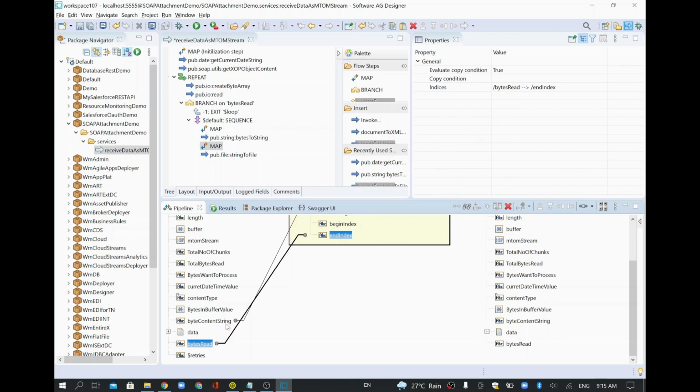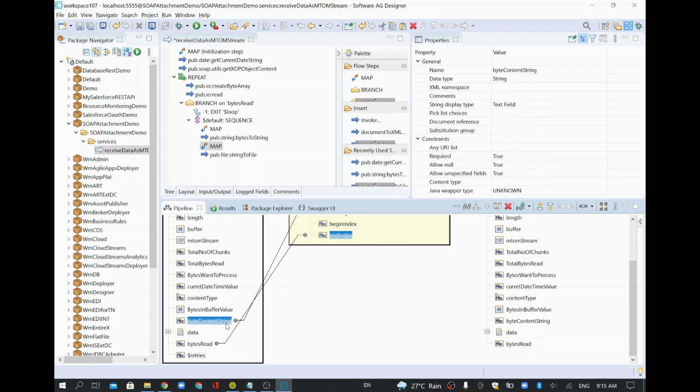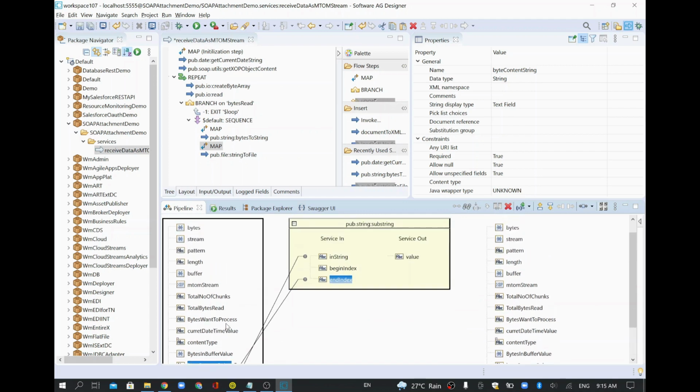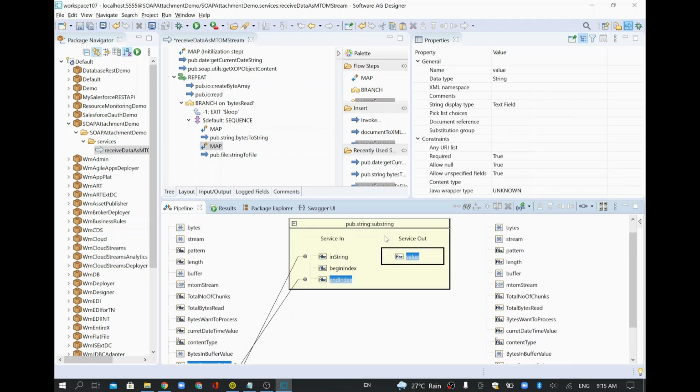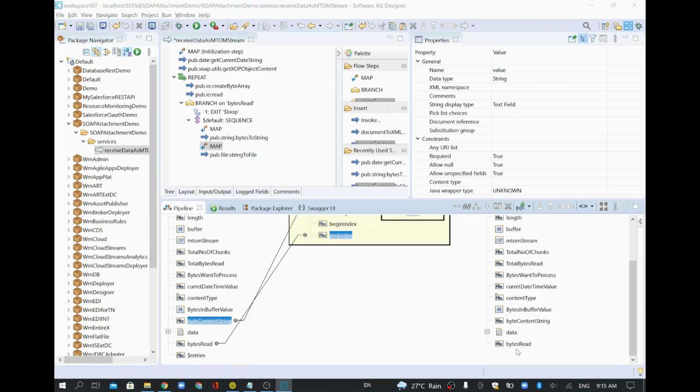But again, the bytes content string will have the last chunk data. As it's a buffer, we read it from the buffer and it might occupy 100 KB of space, but we need to remove that and take only the 18 KB data. So every other time it will match 100 and 100, and the entire data will come. For the final one, you will have bytes read 21, so that it gives only 21 KB of string data.